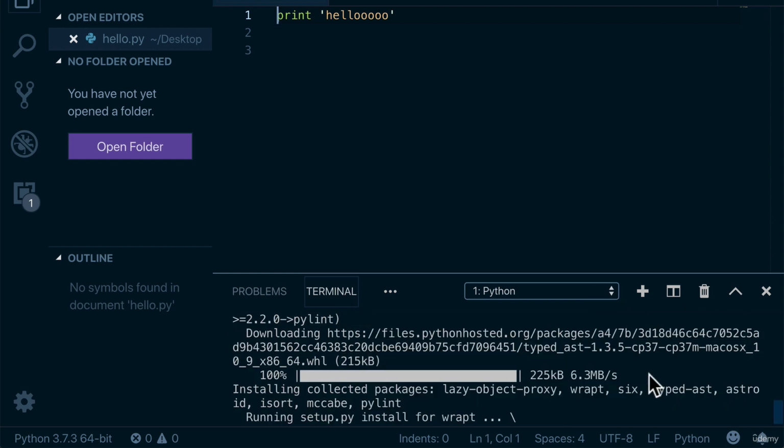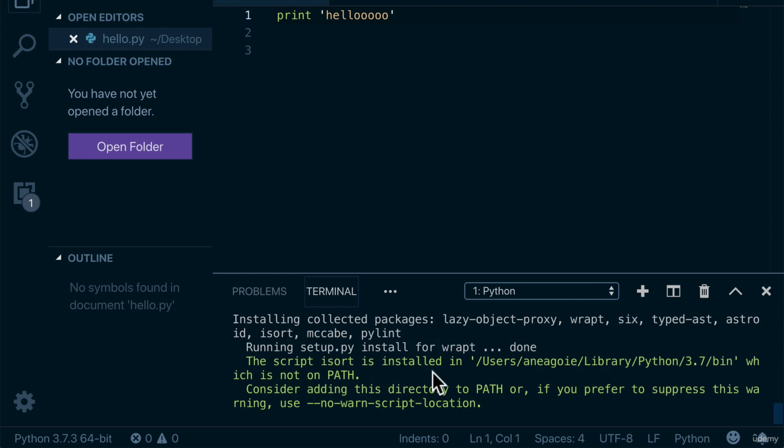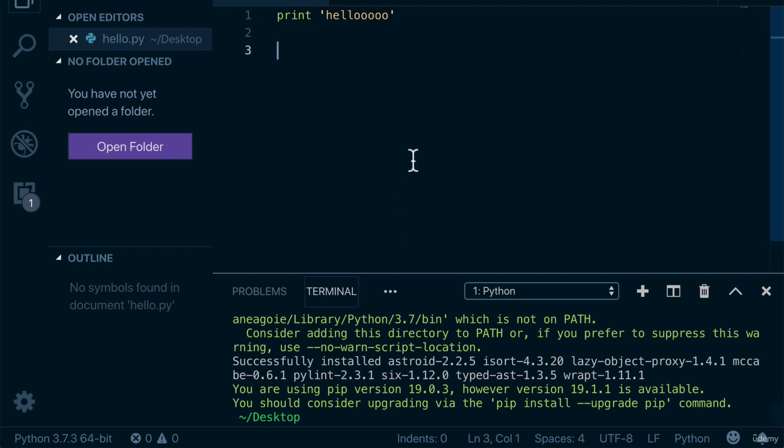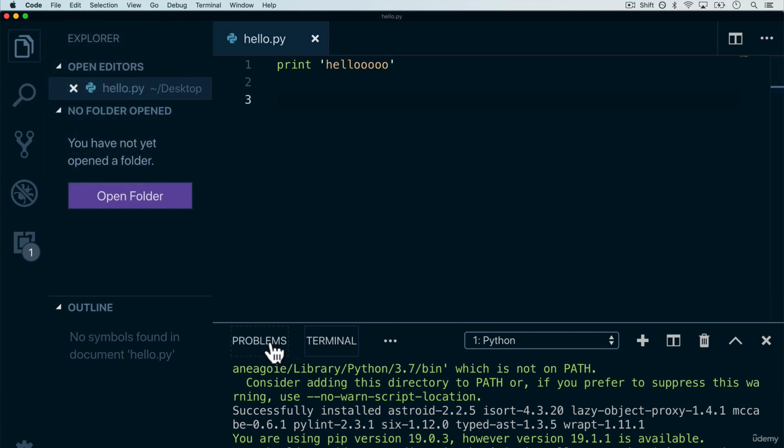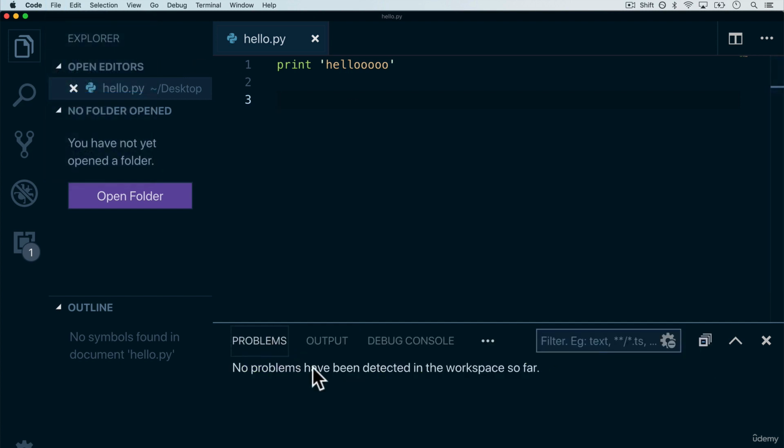Once that's installed, you see over here that everything is going through. And now let's see if this works. So let's save this file. I'm going to say File, Save, and if I click on problems here, there are no problems detected so far, but we know that the print should have brackets around it.